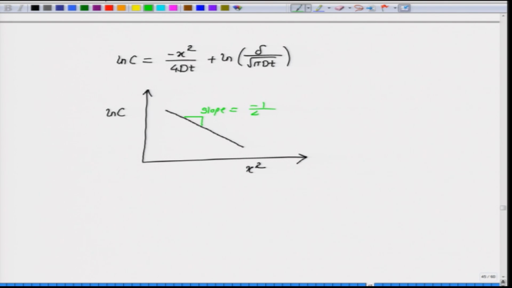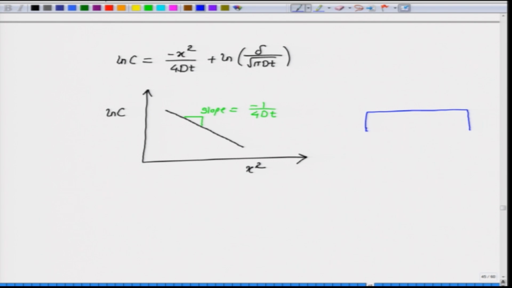Minus 1 by 4 dt. So, this gives me an idea of how I can measure this diffusivity term D, let us say for impurity diffusion of B in A. Right. So, if we can have a similar assembly as described before,